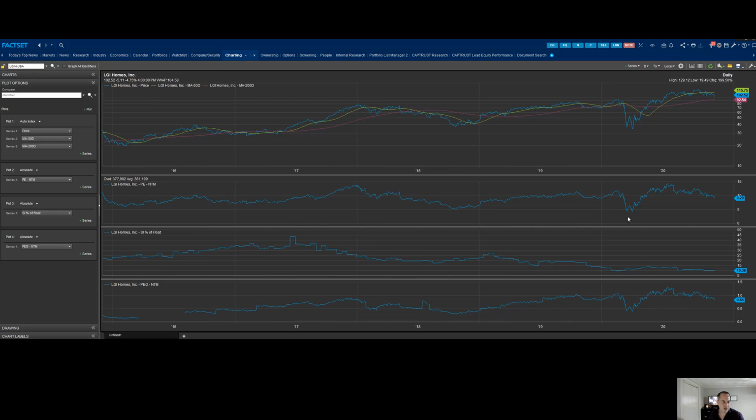The other metric here that we'd notice is the second one down. That's price to earnings. It looks cheap, only trading at 9 times earnings. Next, you'll also notice that it has short interest, which we haven't gotten into, but people who are negative on the stock are at 10%. That's pretty high. And then next we have the PEG ratio, which adjusts the price to earnings for growth expectations. Anything below 1 appears to be very cheap.